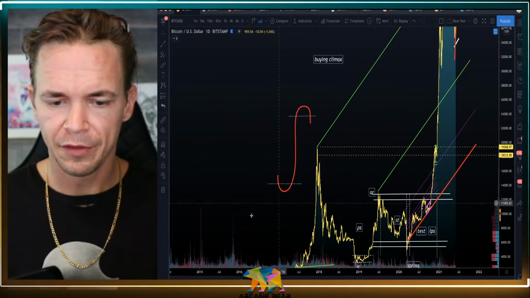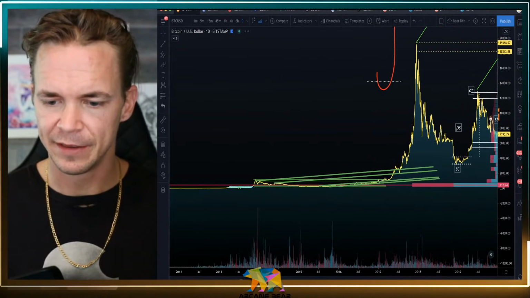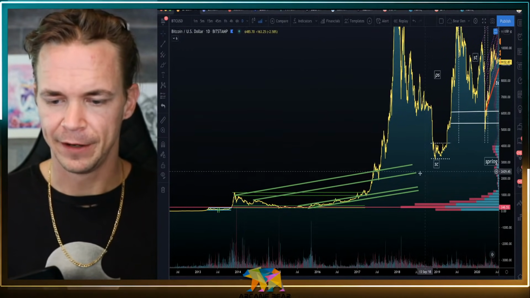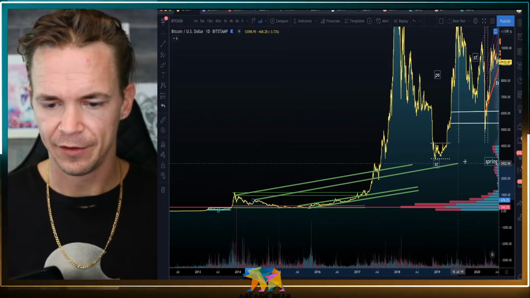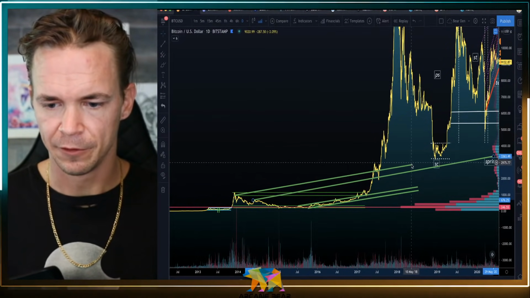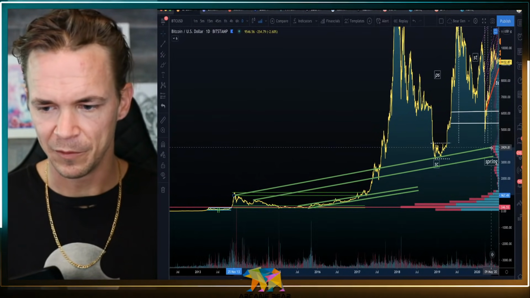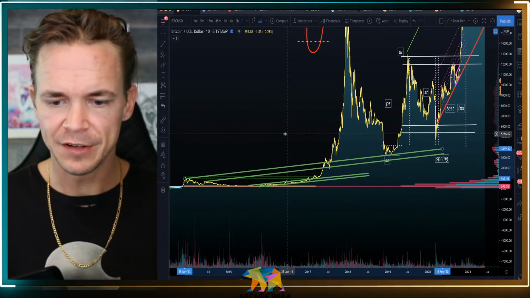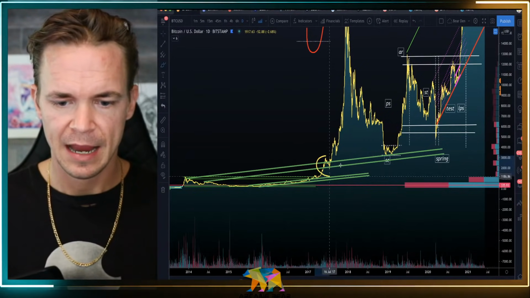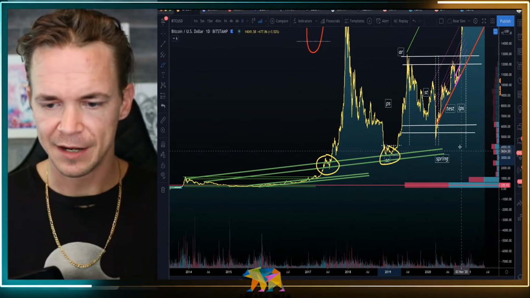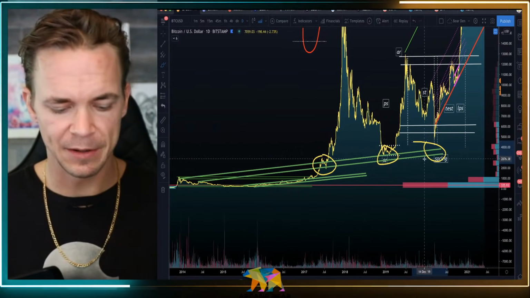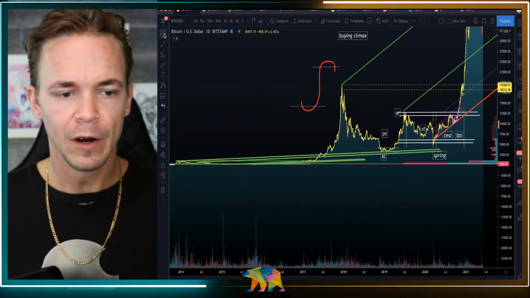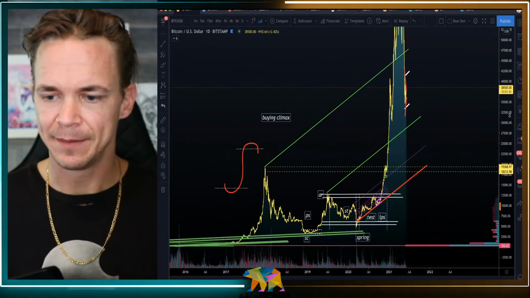In the previous bull market, we came back down after the bull market finished to the primary regression lines. As a matter of fact, if we carry these out for quite a ways, you can see that we will have spent time just above the primary regression lines. Anything within the primary two regression lines of the previous buying climax were areas that were the most beneficial for accumulation. Today, where we are now is that exact same space.